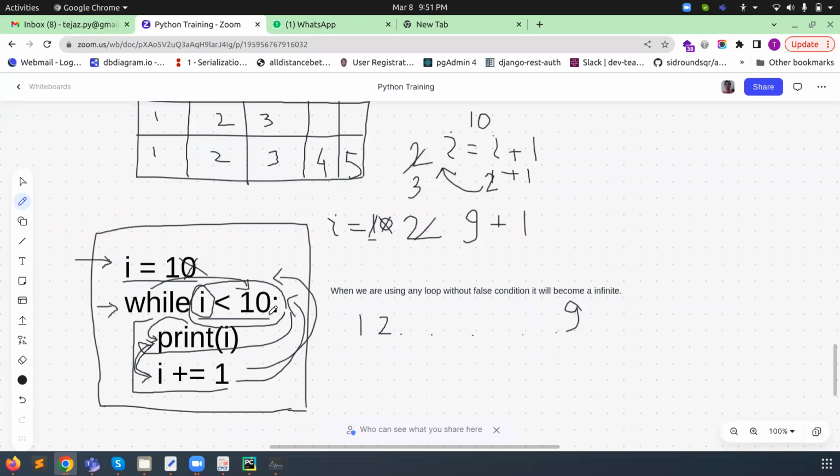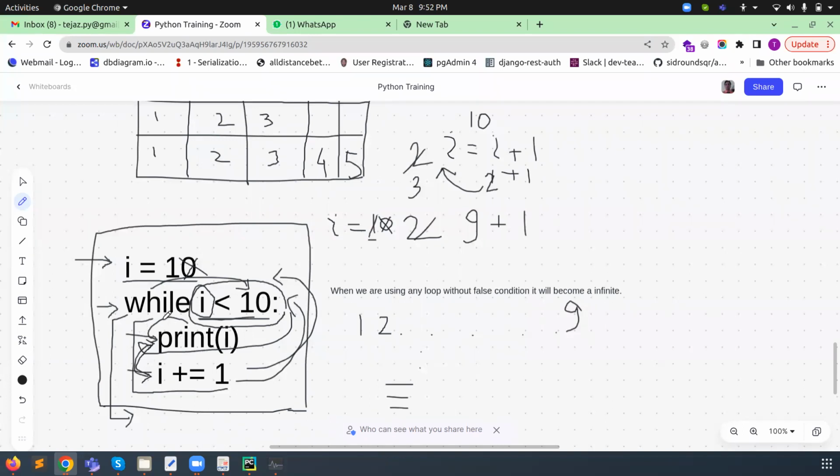body of the loop. Means if the condition is false here, no line of code in the body of the loop, either for loop or while loop, will execute. Automatically the compiler will send the control outside of the body. Outside of the body means what? Inside of this colon, there is one indentation space. This is the one indentation.